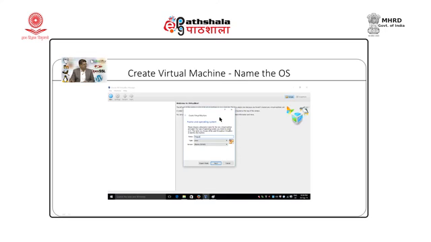A dialog box appears which will ask what kind of operating system you want to use. Windows will be running. Apart from Windows, if we want to install Linux, we can type over here that I will be using Linux. You can specify the type of distribution, it can be 32-bit, 64-bit and so on, and then we click Next.